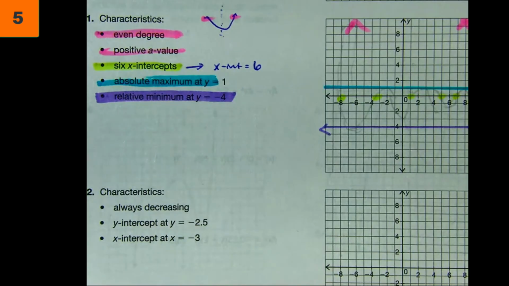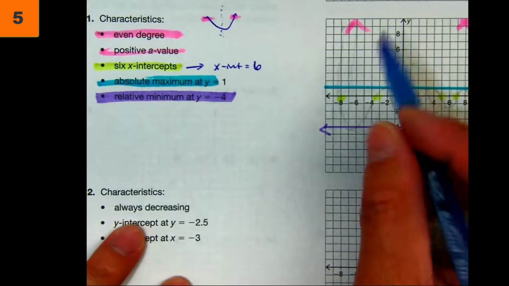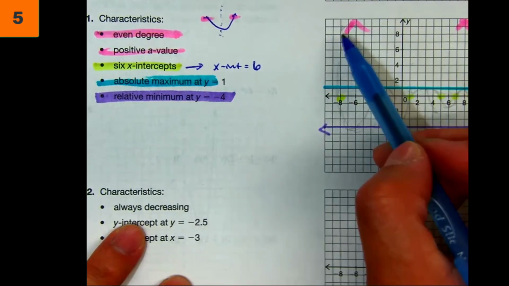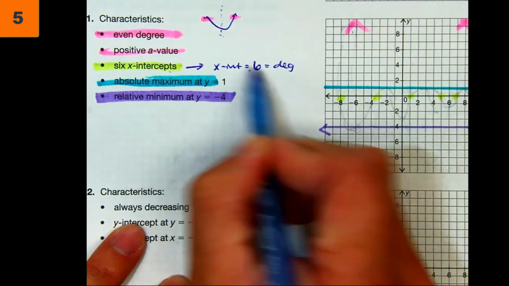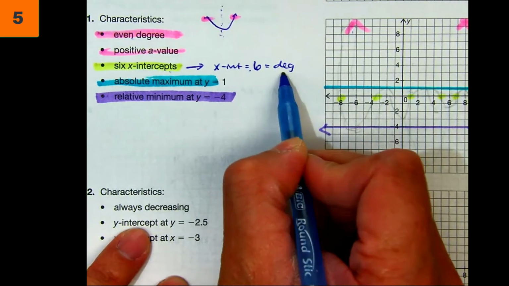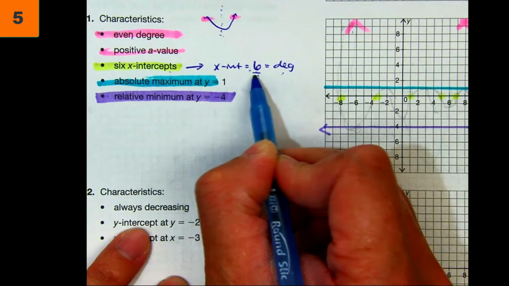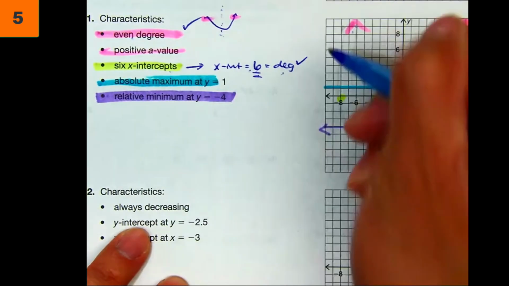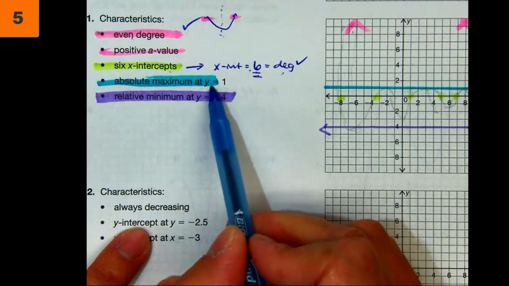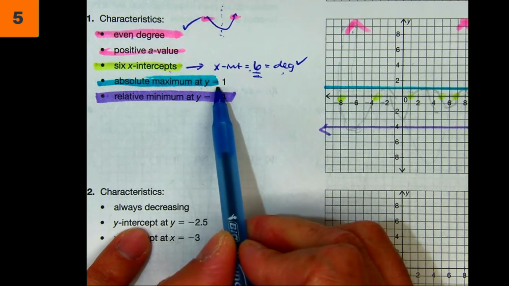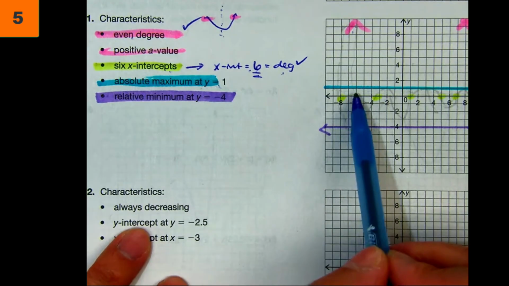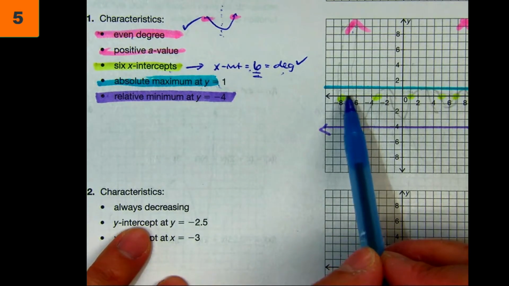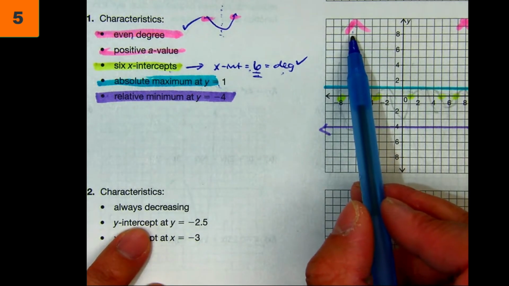But, okay, let's go back. So it's an even degree polynomial with 6 intercepts. This equals the degree. So, does this work out? Even degree and a 6 degree polynomial? 6 is even, so it works. We're okay? But it's saying that I need an absolute maximum. Is that true? You brag to your friends, oh yeah, I went to a really high mountain, and then right behind you in the picture is another sign that says, go up there, there's a higher mountain. Does that make sense? So in this problem, you can't draw